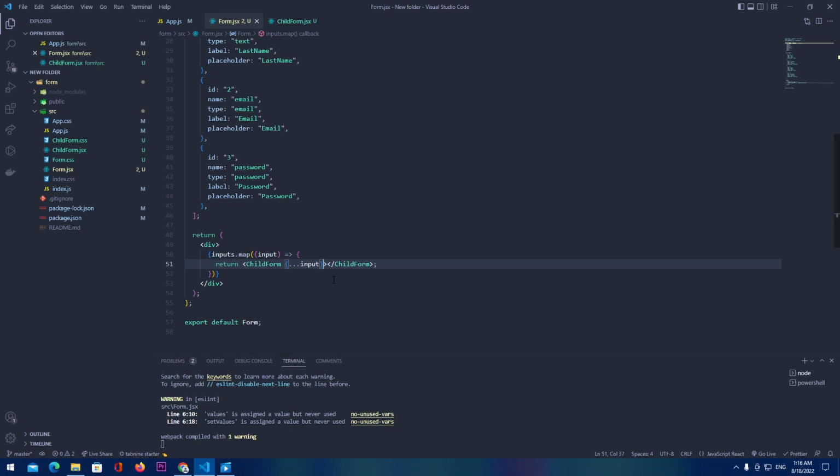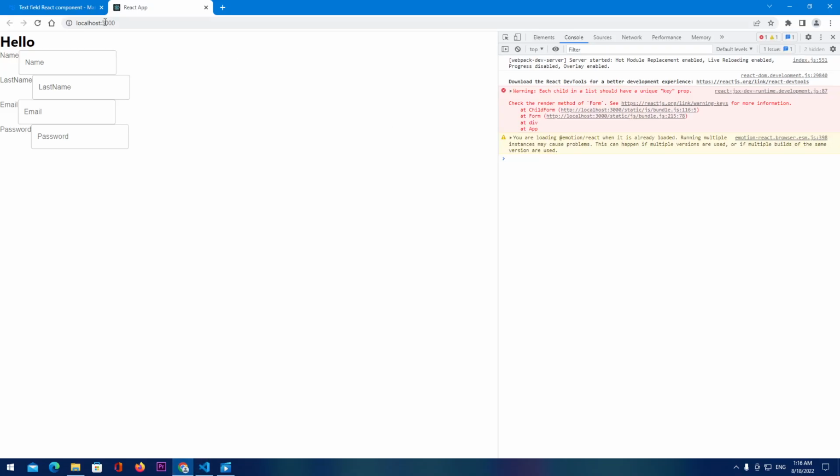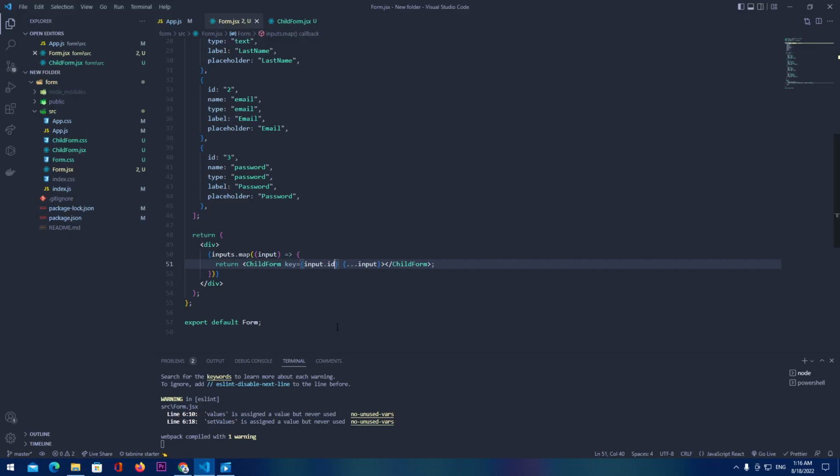Okay, next what we're gonna do after we spread those values, we're gonna give them the keys. I told you, it's gonna scream if we don't give the key. So it's gonna be input.id. And now console log should be okay with that. It is. We can still add some name. It's gonna be